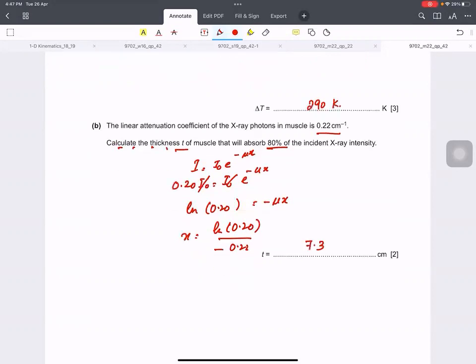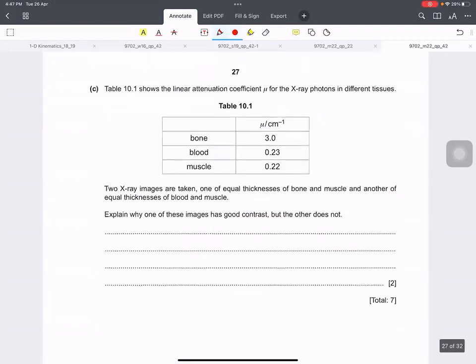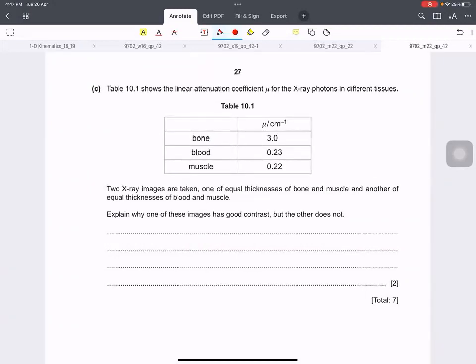7.3. Okay. Then 2 X-ray images are taken. One of them is of equal thicknesses of bone and muscle, and another is of equal thicknesses of blood and muscle. One of these images has good contrast, but the other does not. Yes, of course it doesn't. Right. So if you can see that